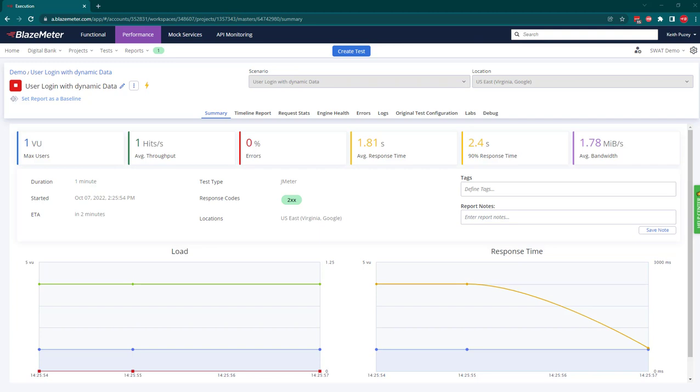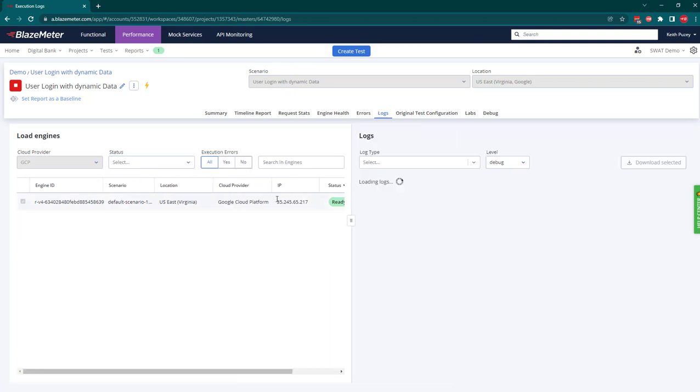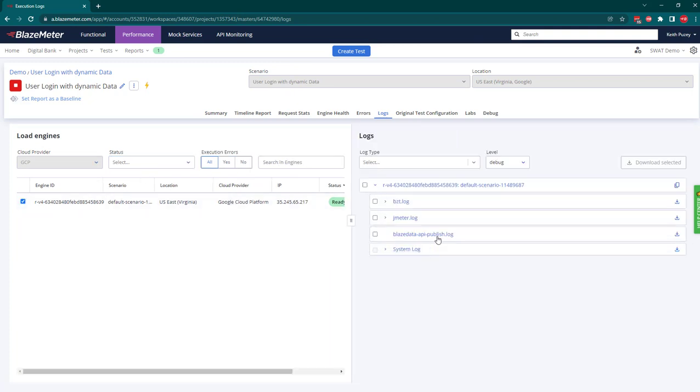So our test is now running. Now this test only runs for a couple of minutes, and what we'll do is we'll wait for the test to complete so we can look at the logs and review the test data that we used as part of this test. So at the moment, if I look at the logs, what we'll see is the normal logs for the JMeter and the system log. We can look at the API published log. So if I just download this log here,